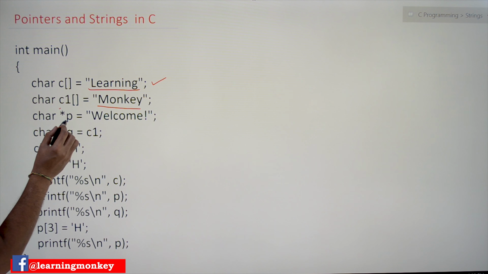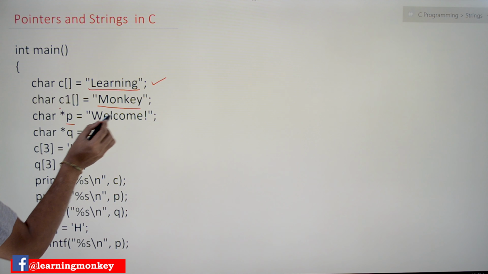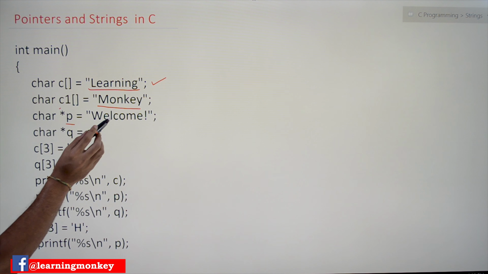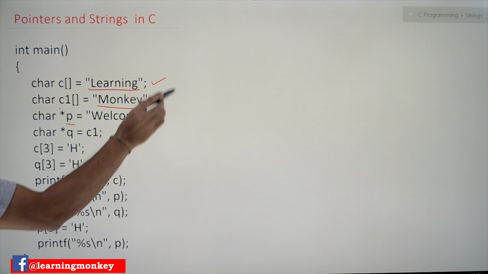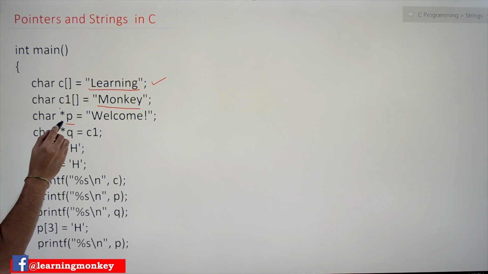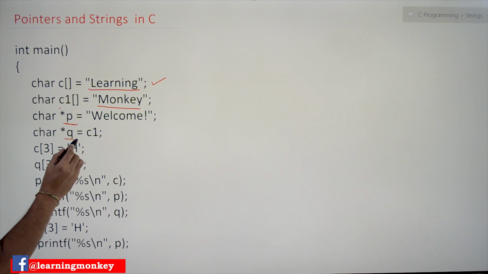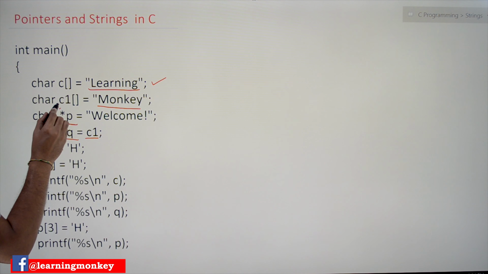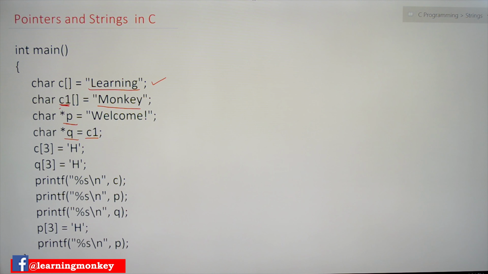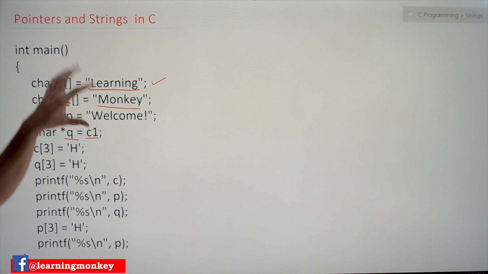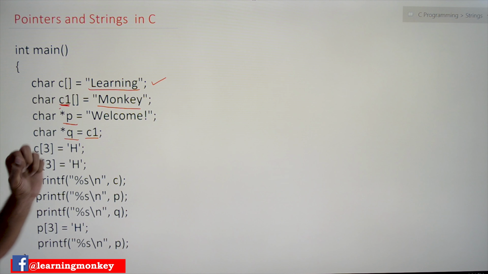This is a pointer P which is pointing to a character. Another string pointer Q is assigned with the address of C1. We will try to understand the difference among these declarations.